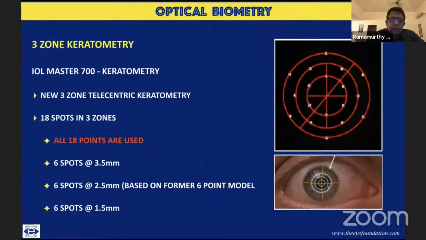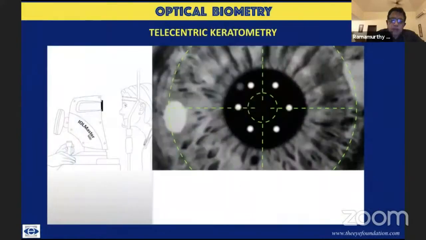But with the 3-zone keratometry that's incorporated with the IOL Master 700, these are 18 points that are measured at 1.5 millimeter, 2.5 millimeter, and 3.5 millimeter. And this gives you an excellent idea about the keratometry. And I find that I have virtually given up doing an auto K or a manual keratometry in these cases